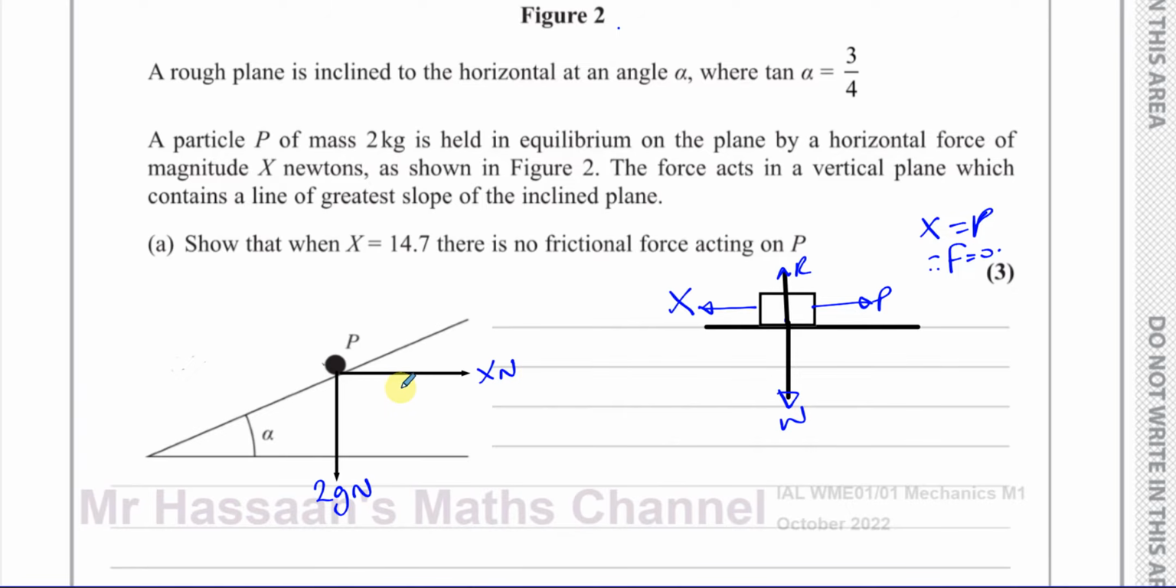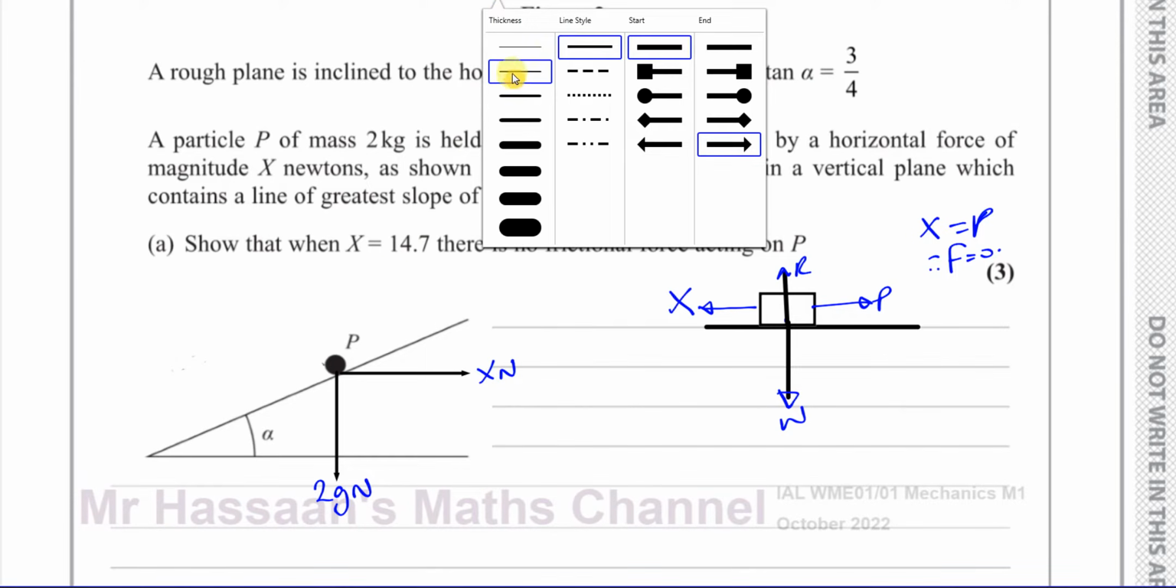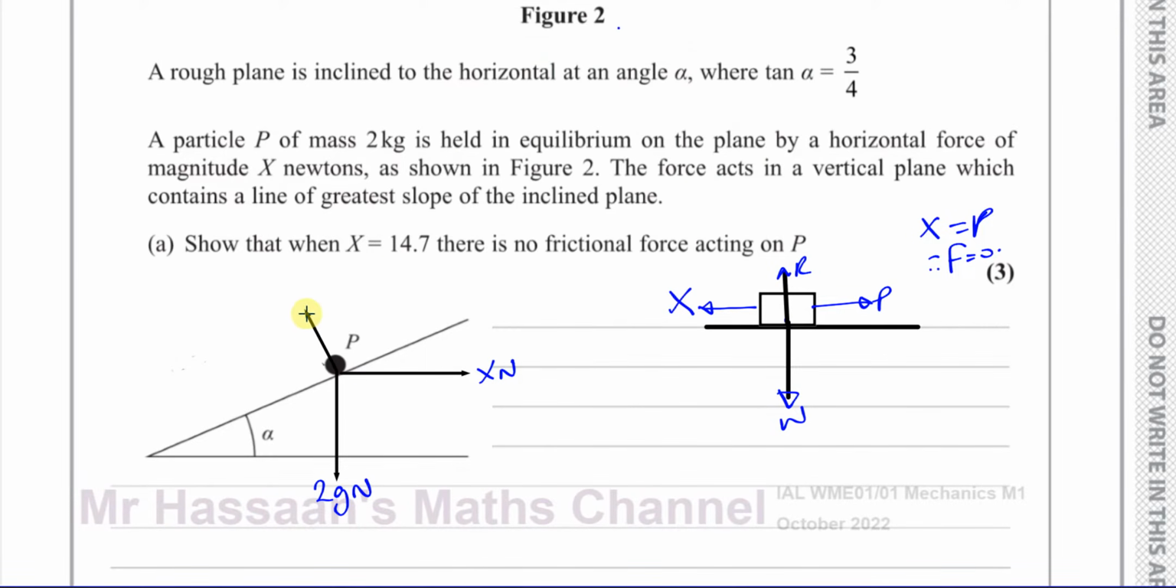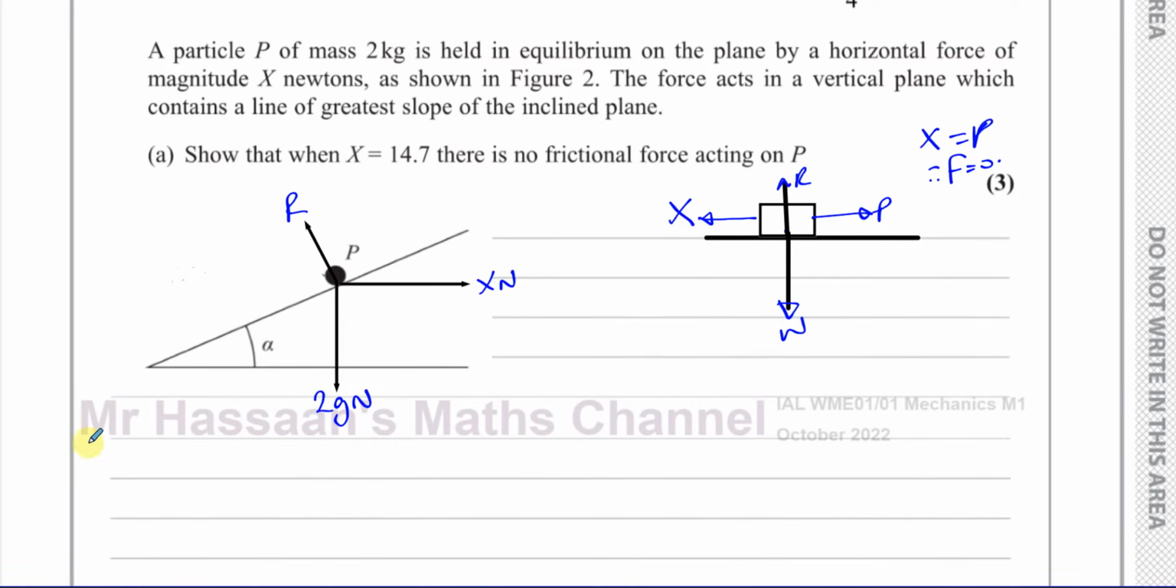We have the forces acting on this: these two forces, and of course you have the reaction force, which is always perpendicular to the plane. So you have the reaction force acting up here. But if we consider the forces parallel to the plane,